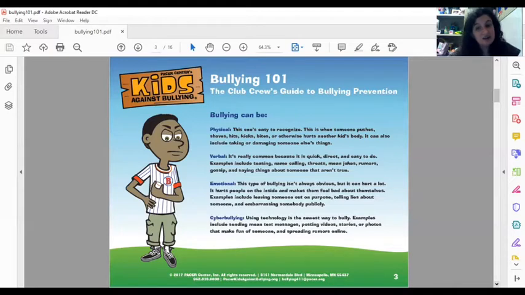And that could even include a text message. So anything like that, where they're using the internet. And I say this is really sad because when I was your age, we didn't have this internet. I know I'm an old lady, but we didn't have all this internet and all these different ways to communicate. But you guys, it's a little bit harder because when I used to get picked on at school, I could go home and they weren't there. I had my mom and my dad, and I loved them and they loved me. And so it was a happy place to go.